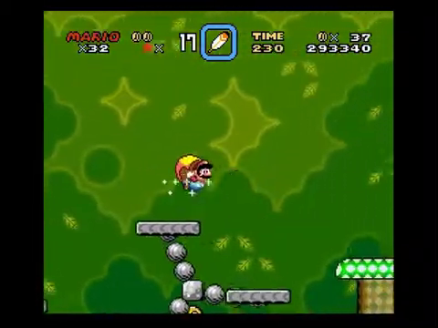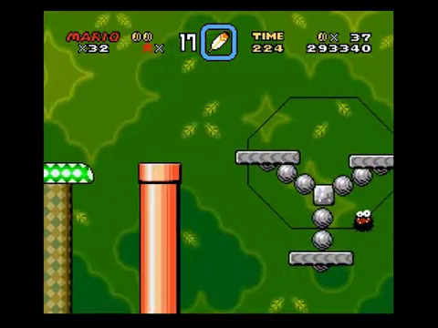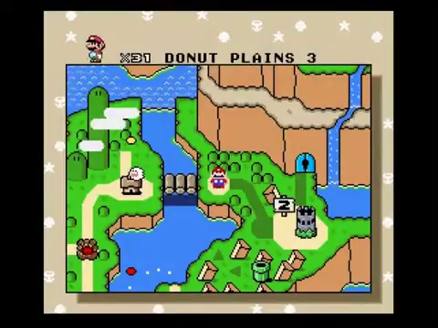And right there, I thought about dropping onto that pipe, but I didn't. So I was gonna land here, and fails. So that's what I get for trying to cut the level short. So now I gotta backtrack, but